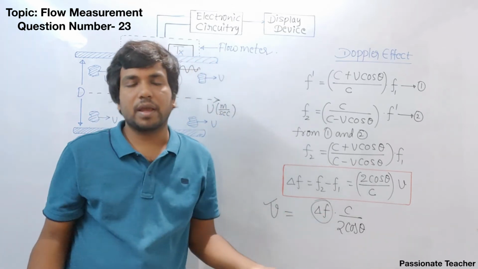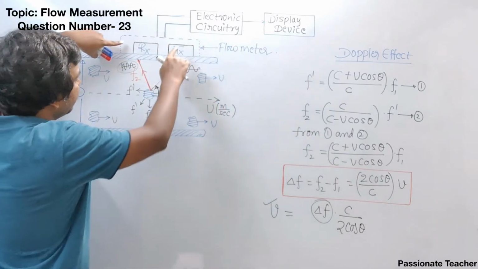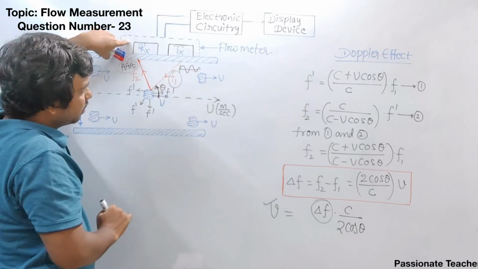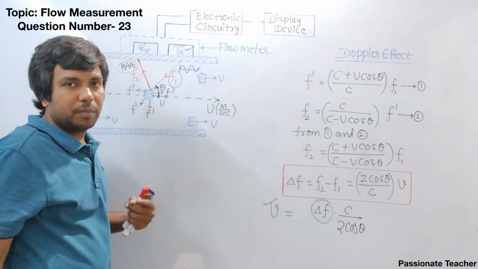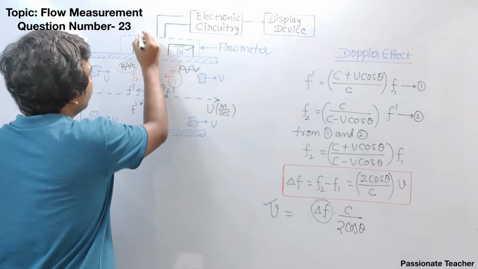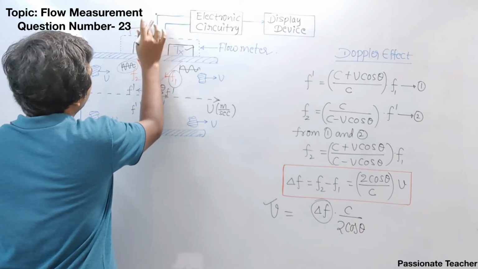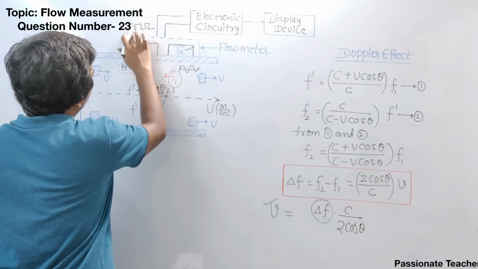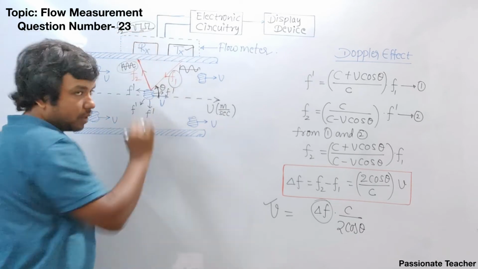The question is how we can calculate delta F electronically, that means in instrumentation. As I said earlier, this transmitter is going to release the signal and the receiver is going to catch the signal. At the transmitter, the frequency is noted, so everybody will know the frequency F1. And here we are going to have some frequency of the signal. Suppose at the receiver side we are getting some pulses like this, and the frequency of these pulses will be given as F2.